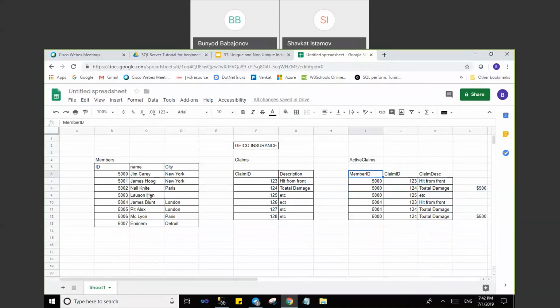And here, can this members table, the information about the members, have more than 1 member ID the same? No. If it was true, like if you had 5,000 twice, then it wouldn't make sense. You would mix up all these members. You wouldn't be able to distinctly select your members. In this case, you have to use the primary key only on this column. So what I'm trying to tell you is you have to first understand the business requirement before using